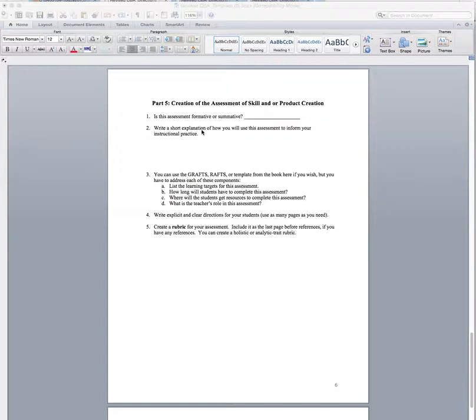So first thing you want to do, let us know, is it formative or summative? And then explain how you're going to use the assessment to inform your instructional practice. In the text, they talk about one kind of template that you can use. It's the RAFTS template for English language arts. If you're doing 10th grade writing or grammar or English language arts, you might choose to follow that template, and that's fine. If not, then I want you to make sure that you include these 4 components in your part